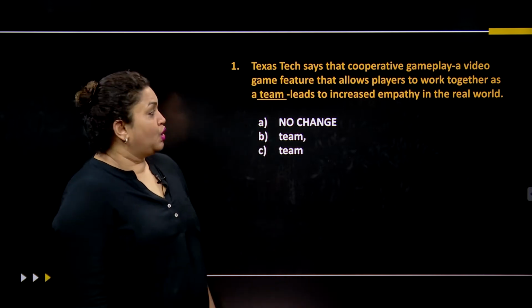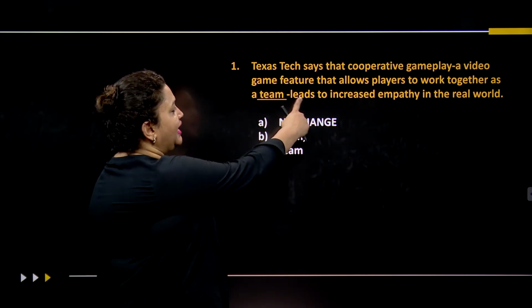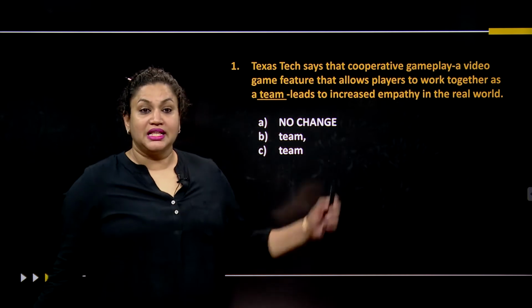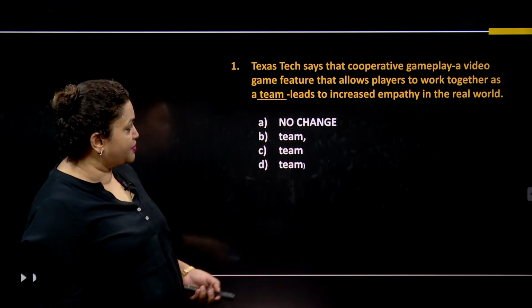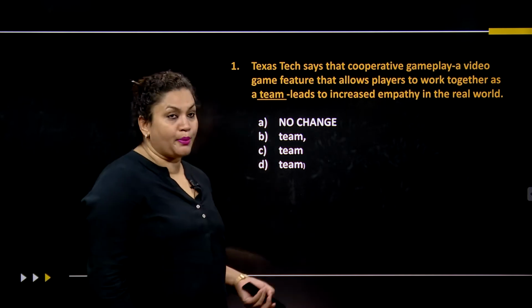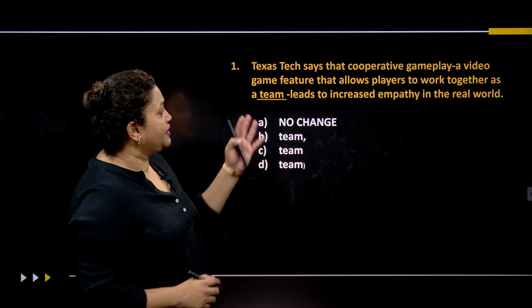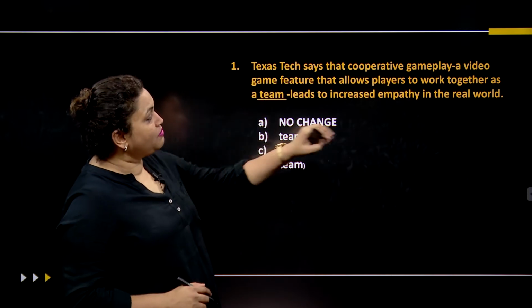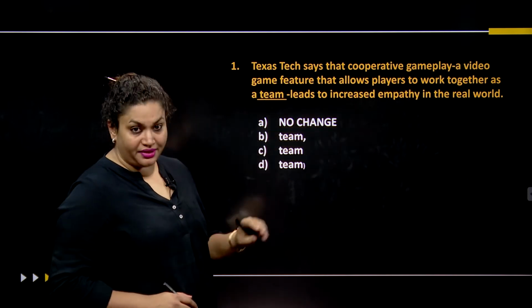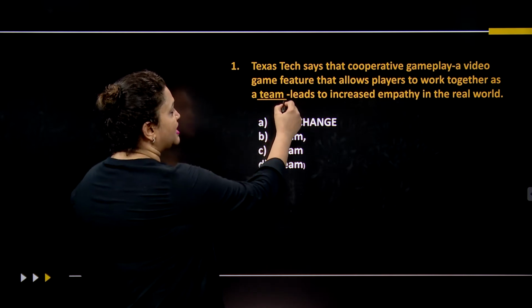Now we have to understand what it is that it should be. Now we have these 4 options. In these 4 options we have 30 seconds to work out which option. Now together as a team leads to increased empathy in the real world. When do you use a